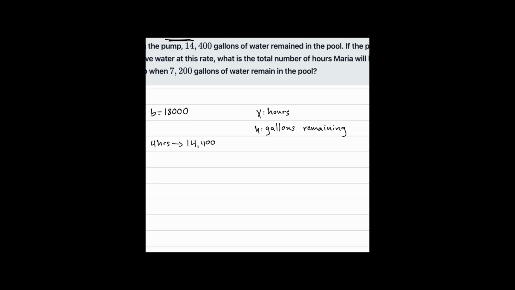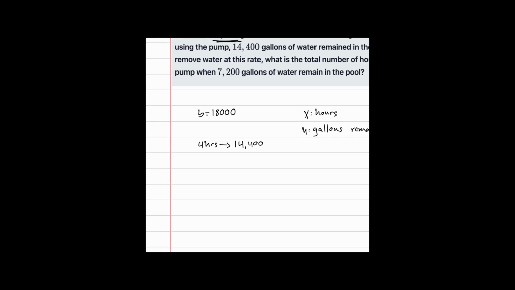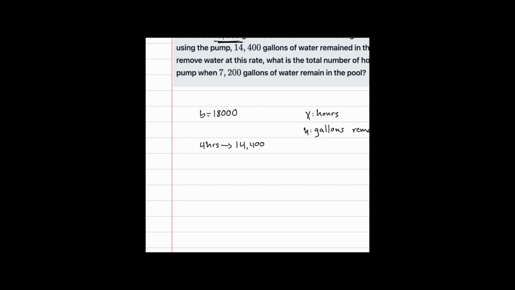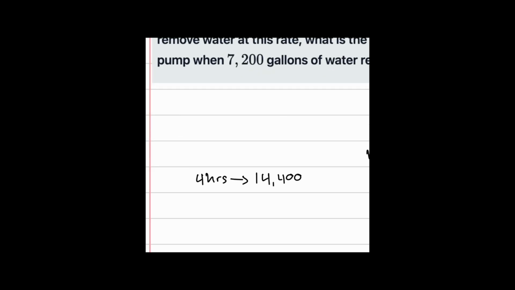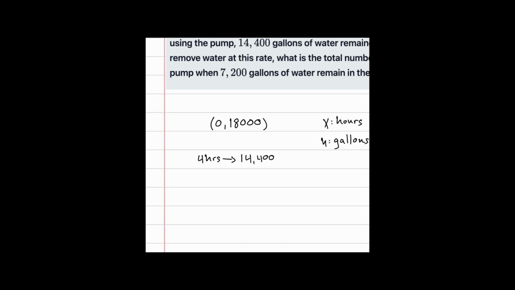Okay, so now that we've defined those variables, if we go back to our information, they said that at the beginning, when she began using the pump, the pool had 18,000 gallons of water, right? Now, although that is our y-intercept, I can also get a point from that. I can say that this is a point 0, comma 18,000, right? Because again, x represents the number of hours since she started using the pump. So when x equals 0, in other words, when she just started using it, there's 18,000 gallons of water remaining,